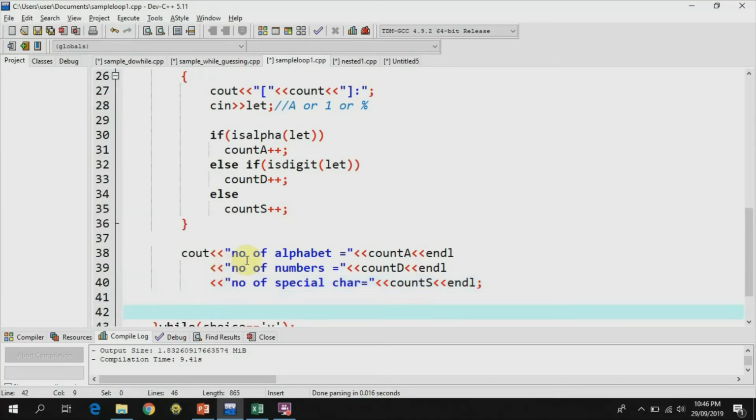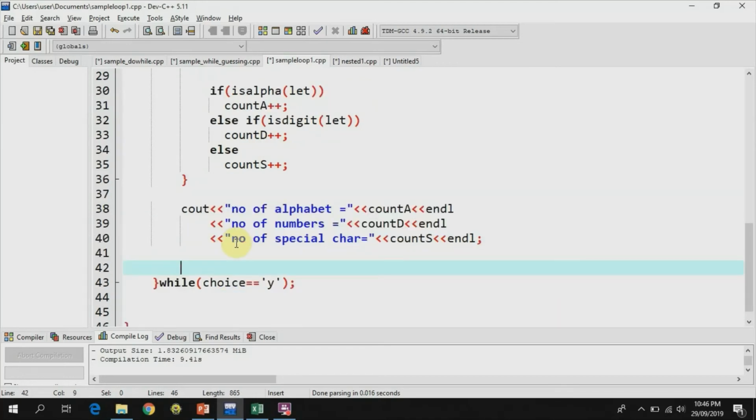Okay, then after that, we want to repeat the entire process, so we're going to